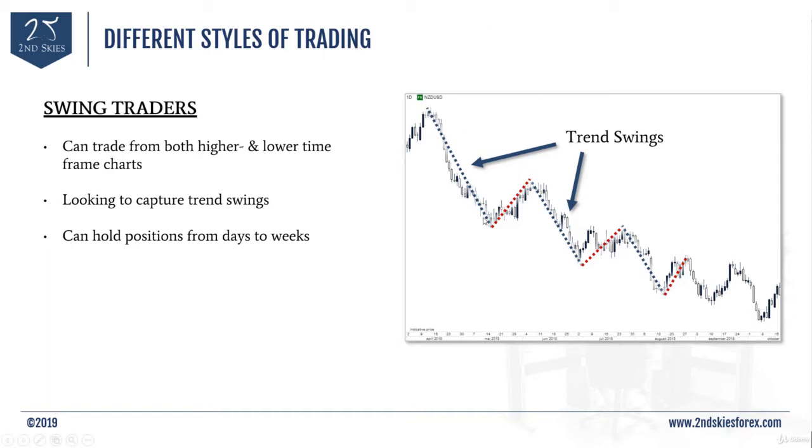In this case, the sellers are in control. They push the market down. Buyers come back a little bit. There's some profit taking by sellers, and the sellers come back in and push it back down. Buyers come back in, take short-term control, and sellers come back down, and then buyers come back in control. This kind of ebb and flow happens in the markets, and it creates these swings, and swing traders are trying to capitalize on that.